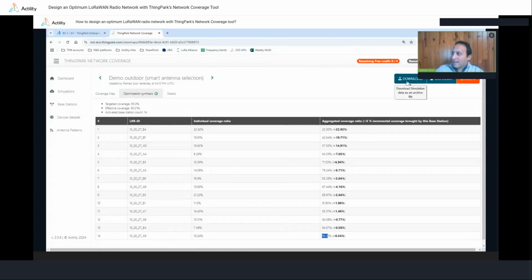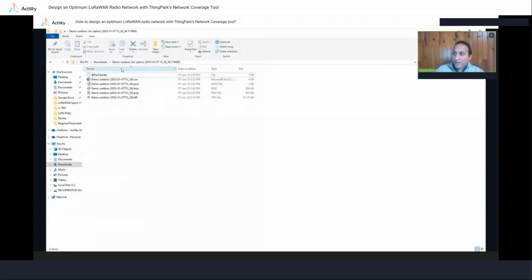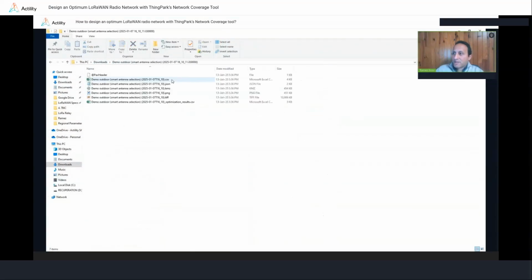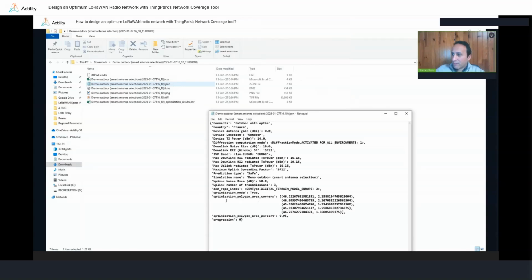And then you can still download the result of your simulation. In the download file, you will see that unlike the previous file, you will have additional information. Besides the CSV file that you used for the base station import, you have the JSON file. And in the JSON file, you will see also the information about the polygon that you have already set, so that you can know exactly what is the area of interest that you have defined for your simulation.